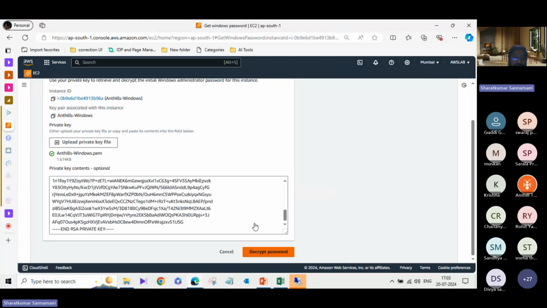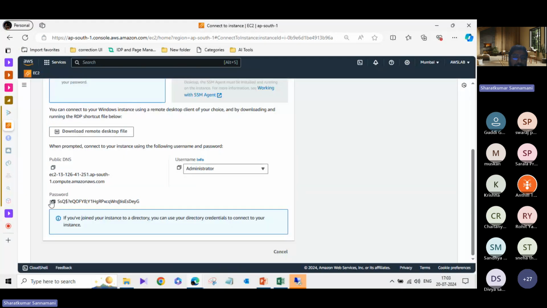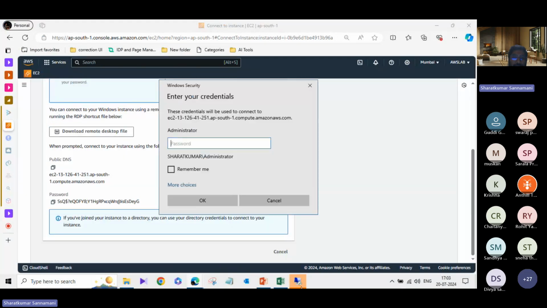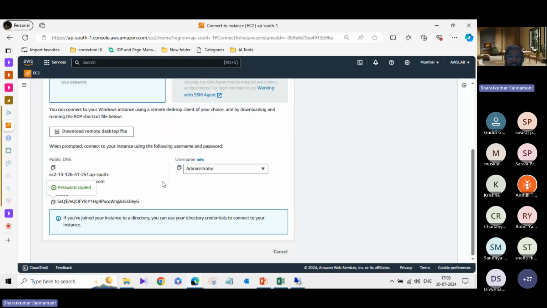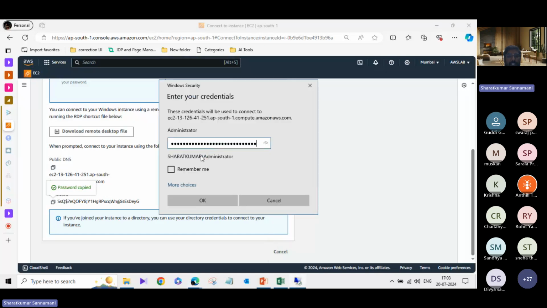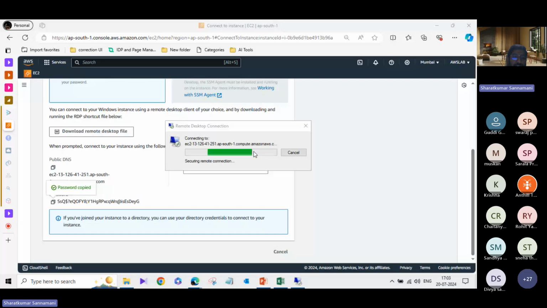So actually we should not share the password. Yes, I will delete this server immediately, but you should not expose these passwords whenever you have created them, in an organization or anytime. You should not share the passwords.